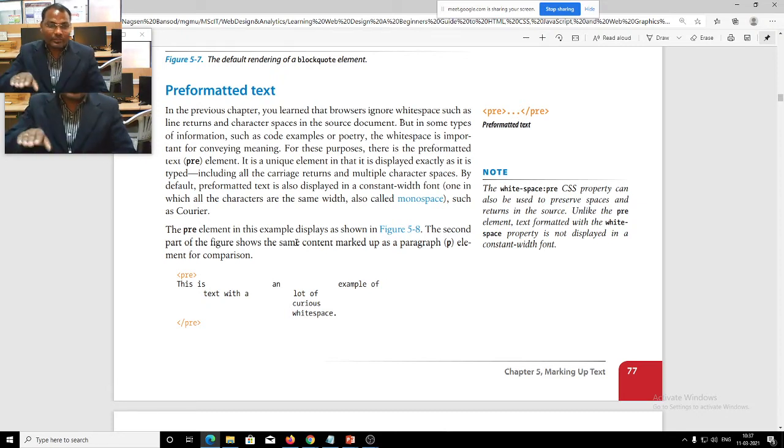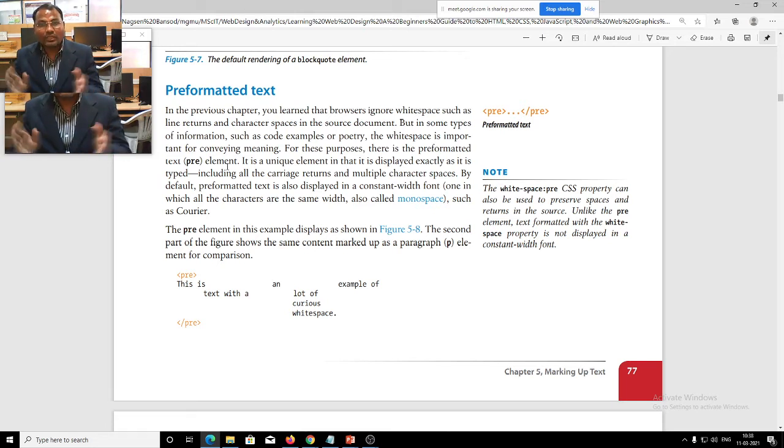Suppose we have given space in the content, the browser won't allow that. We have to use the paragraph tag or break tags. But in some types of information, such as code examples or poetry, the white space is important for conveying the meaning. For writing a poem or some content, white space is required.